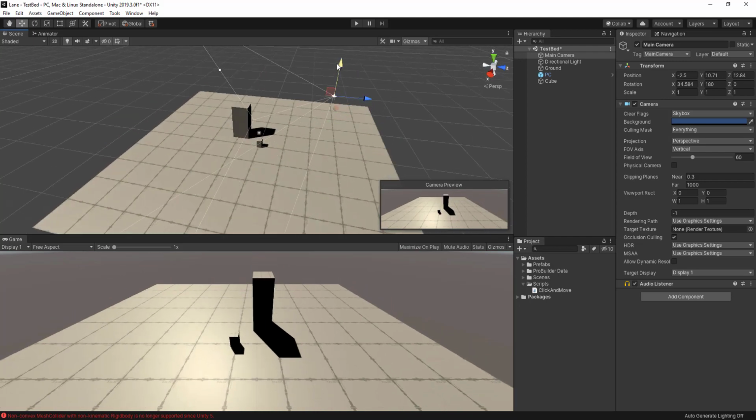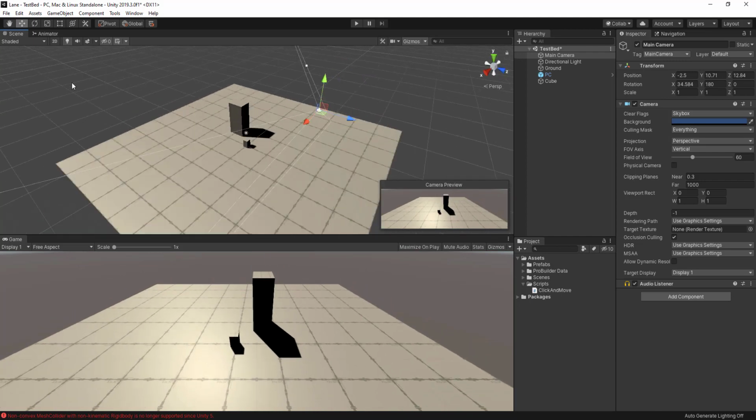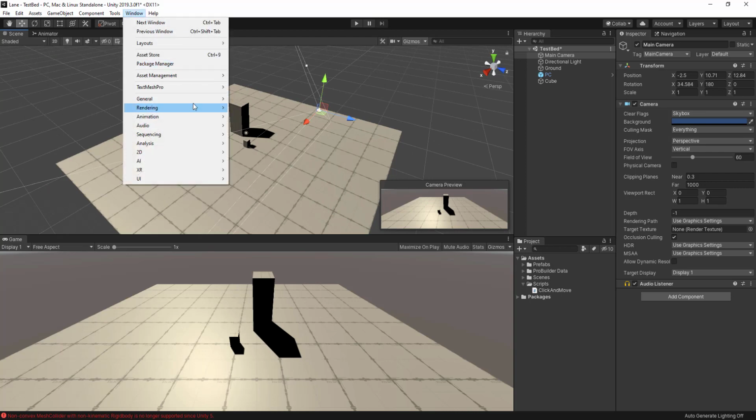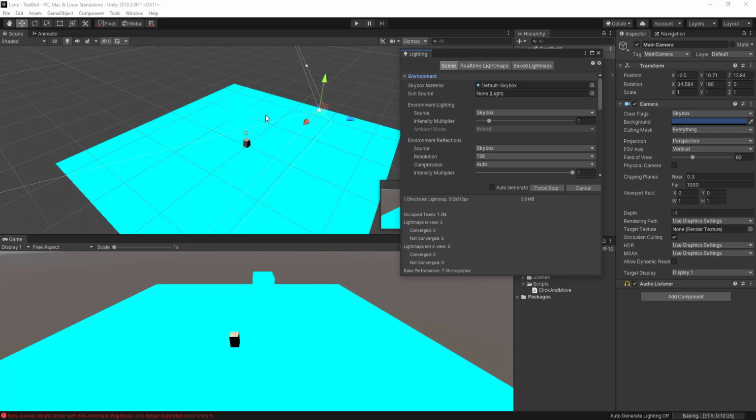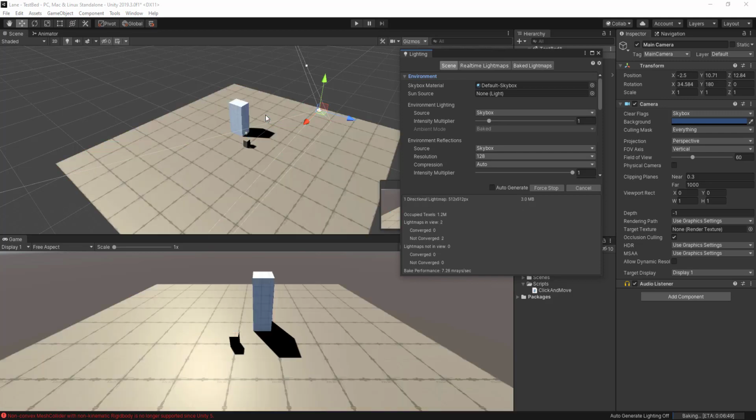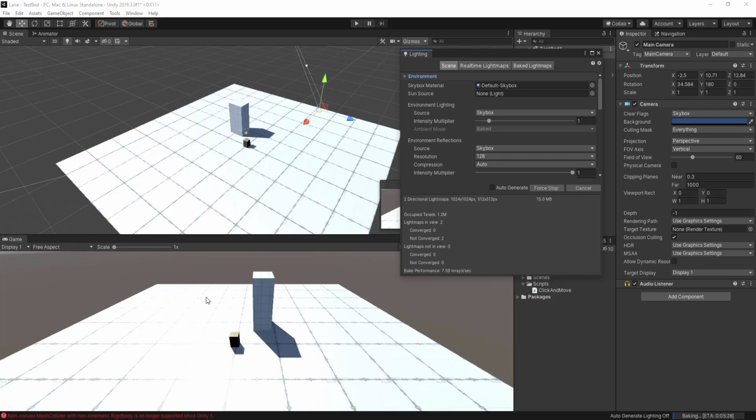I'll select the character this way. Another thing is to get some lighting flushed in there. Let me go to Window, Rendering, Lighting Settings, and I'm just going to generate lightmaps there. And then that'll flood my scene. That video went a little longer, but I wanted to cover at least the basics of that. You can see there's our nice bake, and we get a little bit more lighting. It looks a little nicer. It's a little blown out, but we'll talk about lighting and post-processing another